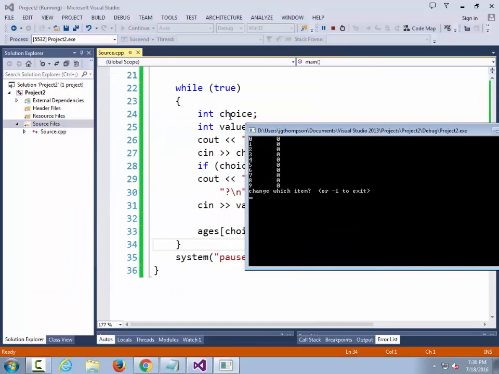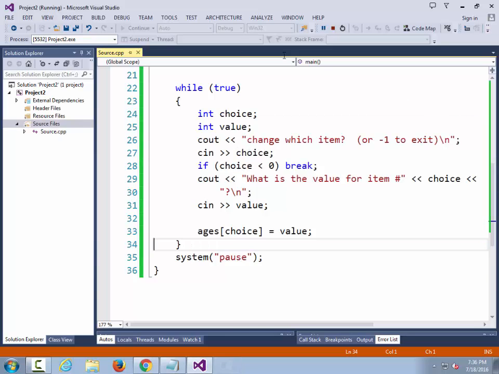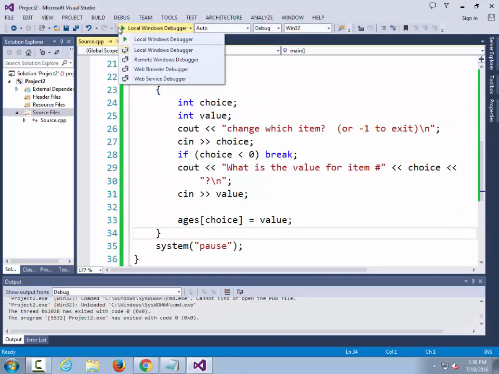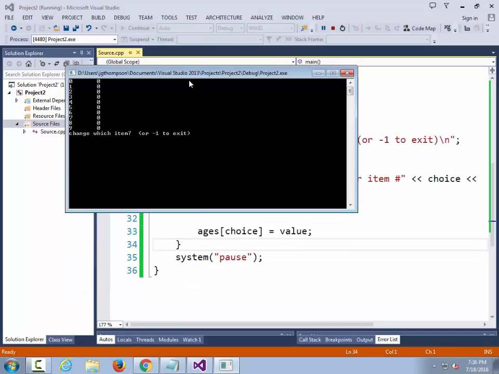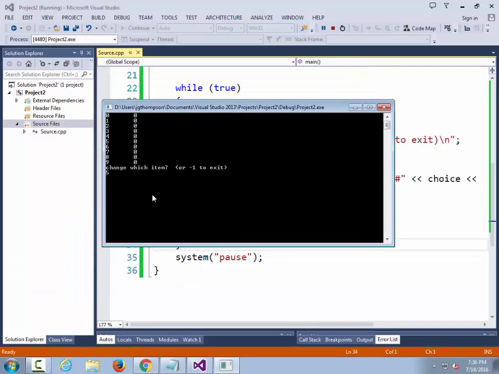All right. We have items 0 through 9. Change for which item? Firstly, let's try out that clause, -1. Okay, quit. Do that again. Let's change element number 5. Now 5 is equal to 100, but I forgot to call the print arrays function, so we're not getting